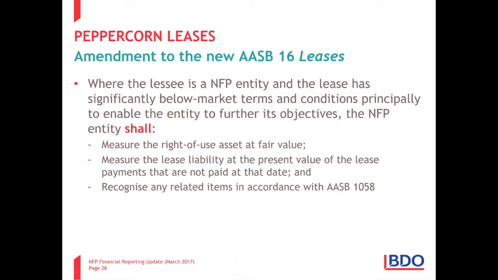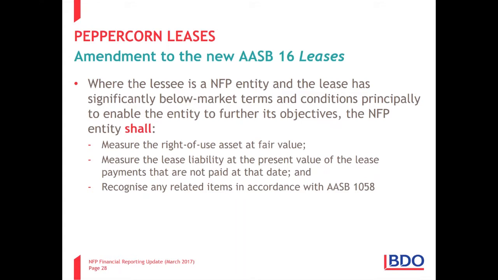But now this standard says, hang on, we're going to amend AASB 16 for not-for-profit entities, and say, not-for-profit entities, you don't debit the asset with just the $30. You debit that asset on day 1 at the fair value of that right to use the asset for 30 years. So what is the fair value of that right to use that building, that property, for 30 years? That is your step 1 amount. Debit the asset, let's say $30 million.